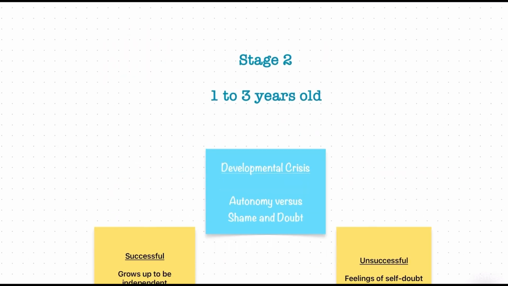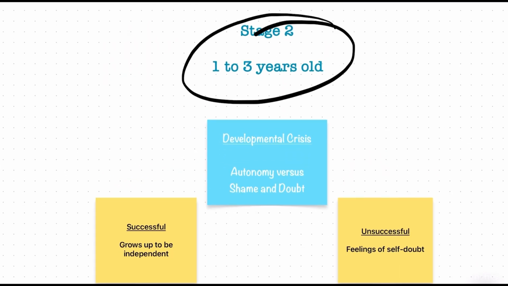Moving on to stage 2. Stage 2, we have 1 to 3 years old. Here, the developmental crisis is autonomy versus shame and doubt. As toddlers begin to explore their independence, for example walking and talking, they develop autonomy. Positive encouragement helps them become confident in their abilities, while too much criticism can lead to feelings of shame and